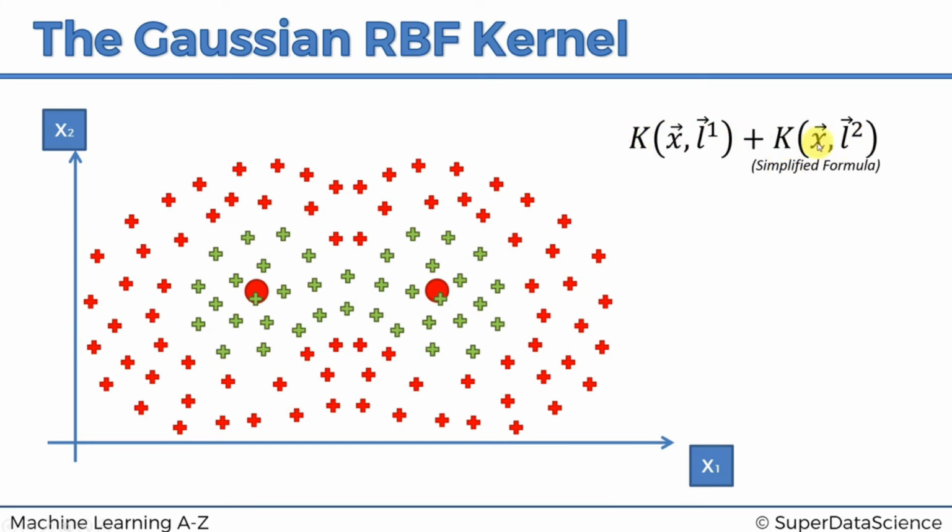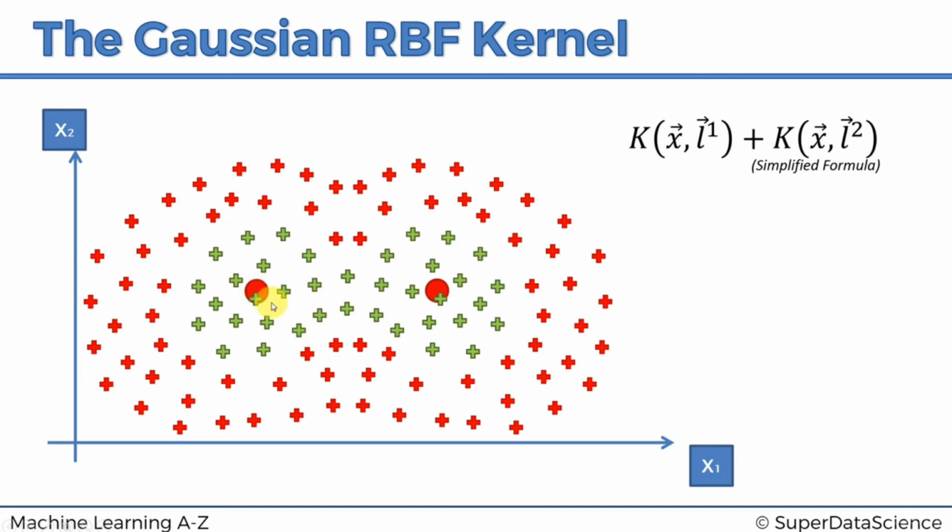In reality, there have to be coefficients, theta here, and then another theta before, with the kernel formula. It's a bit more complex than that, but in simple terms, if you take two kernel functions and just add them up, then, because the value of this function, let's say this is your landmark 1, becomes 0 when you get further away,